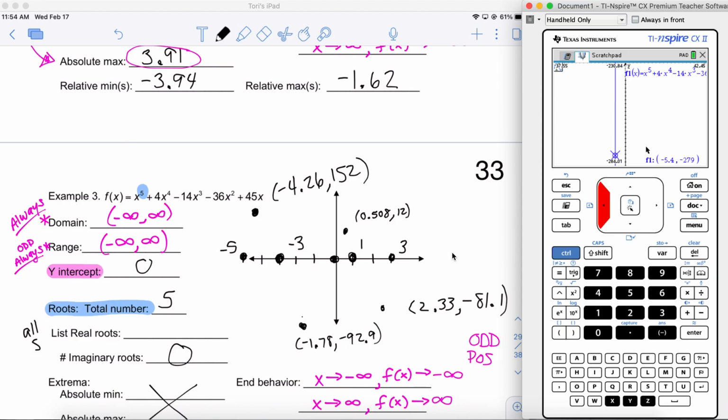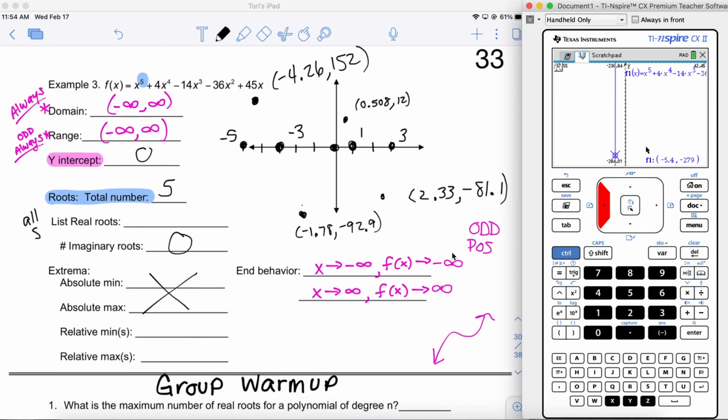So out of all of that, let's see if we can fill in what we know. Our real roots are negative 5, negative 3, 0, 1, and positive 3. Our lowest relative minimum was the negative 92.9. That's this number. Our relative maximum was this number. That was our highest y value. That wasn't the infinity. And that means all that's left to do is to try and connect this graph to make it look like it's